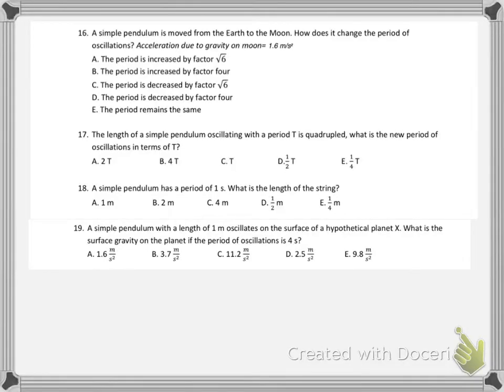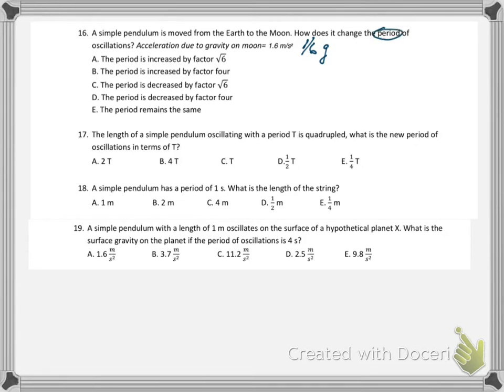Number 16. A simple pendulum is moved from Earth to the moon. How does it change the period of oscillations? They give you the acceleration due to gravity on the moon, 1.6 meters per second squared. So 1.6 meters per second squared is actually 1/6 g on Earth. So they want to know about the